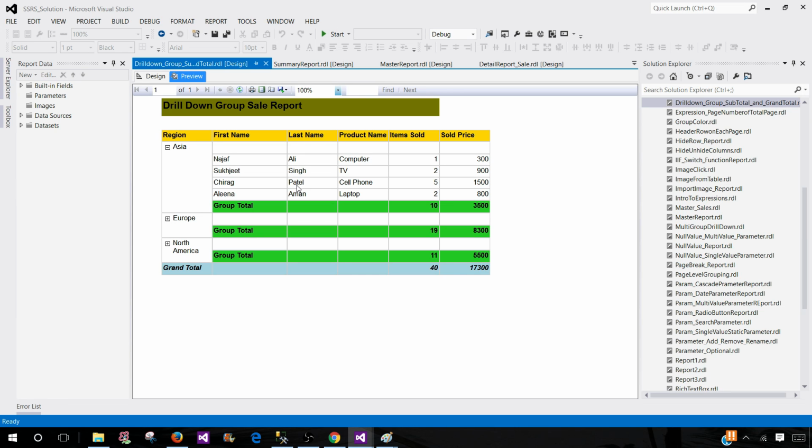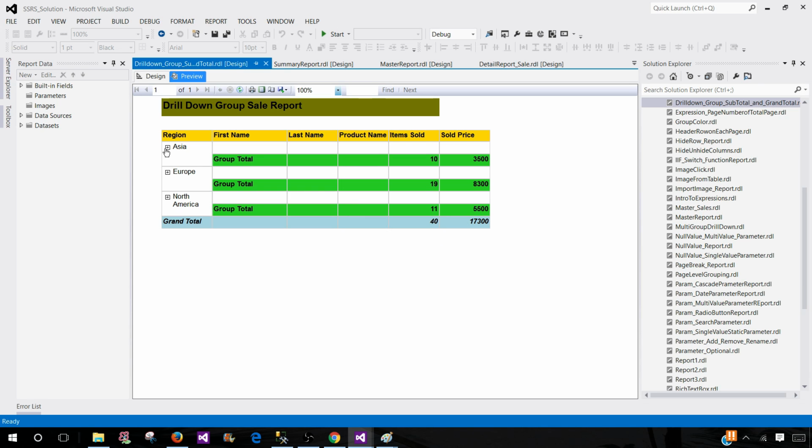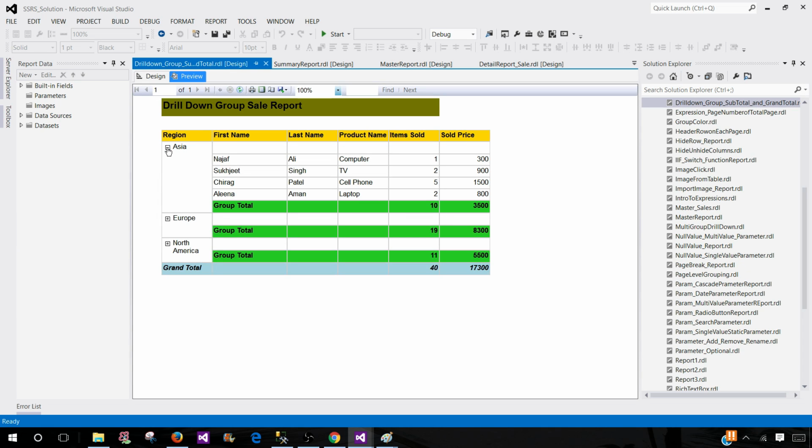Tell them there is a plus and minus sign, and you can change the view or see the details of the contents by clicking those plus and negative signs. It will give you an interactive interface to drill down the data.